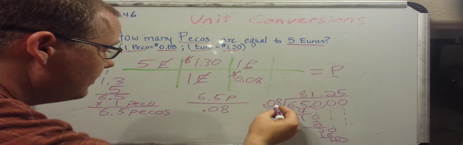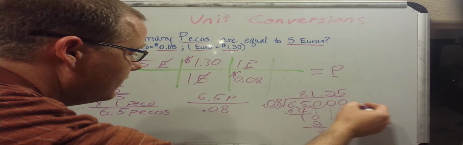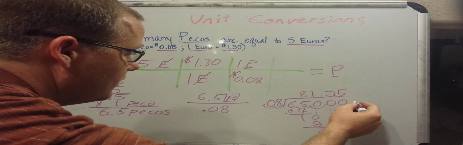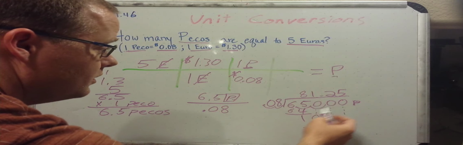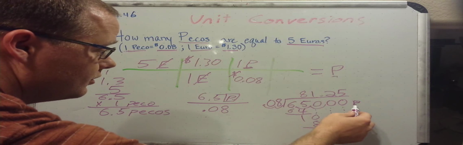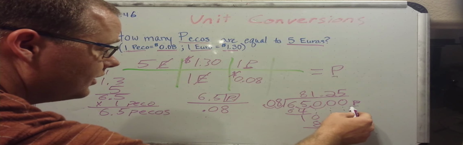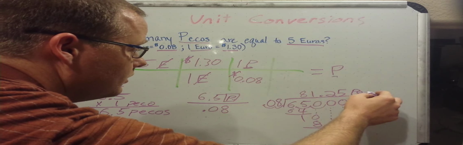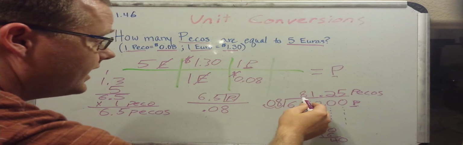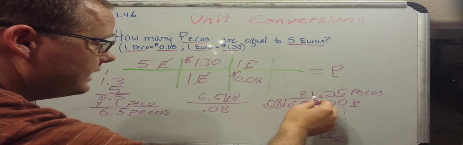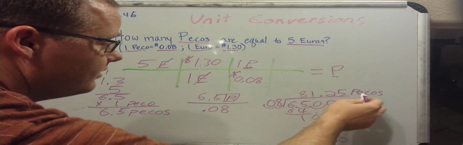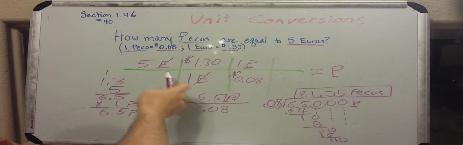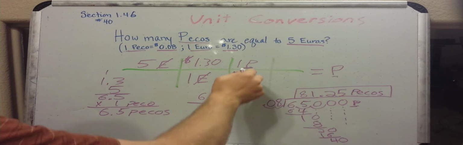Okay, and remember this 6.5, it was pesos, right? We didn't add it in because we had to add some extra zeros, but remember that's pesos. So we still have that left over, so we need to bring it up to the top. Pesos. So our final answer is 81.25 pesos. And that's how we set up the equation, so we can cancel out the units